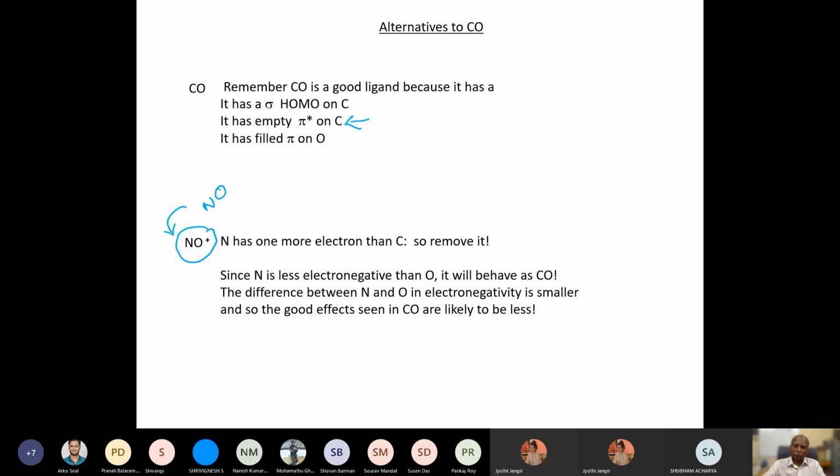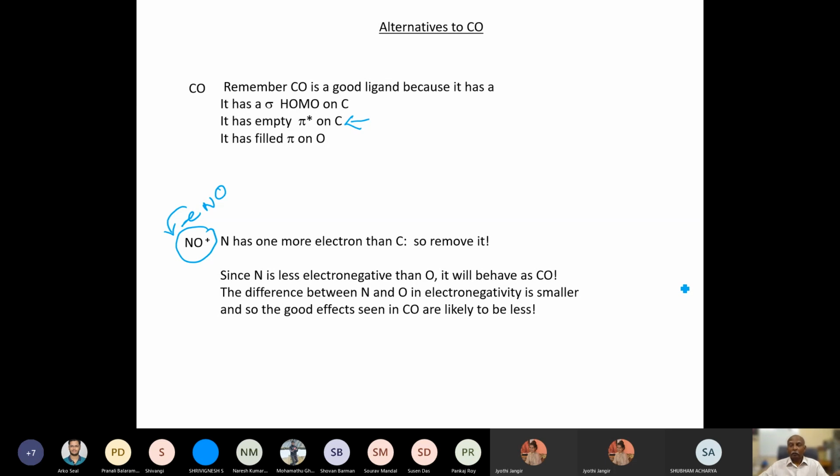NO minus an electron gives you NO plus. This NO plus would be isoelectronic with carbon monoxide, which means it would behave very similar in its bonding, but unfortunately now, because it's positively charged, it's going to be very reluctant to give a pair of electrons. It's not going to be as good an electron donor as carbon monoxide. If you remember, carbon monoxide itself was a very stingy molecule. It would not part with its pair of electrons easily. So it was a poor donor to start with. And now you have NO plus, which is going to be even a poorer electron donor.